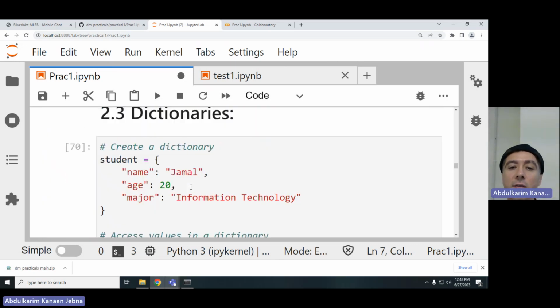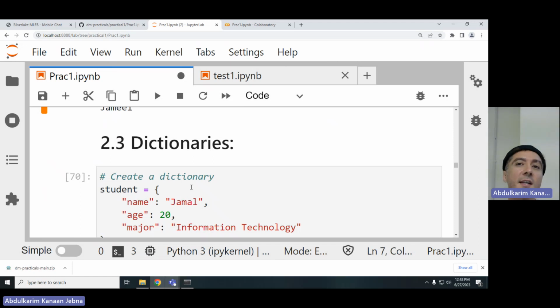Now we move on to dictionaries. So dictionary is another data type inside Python, also exists in C#. I'm not sure about C++. But the point of a dictionary is that it is used to define paired values. Paired values means I have a pair of values inside the dictionary, where you have a key or the word